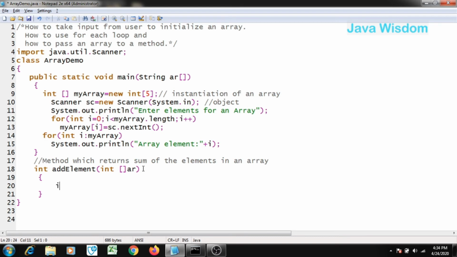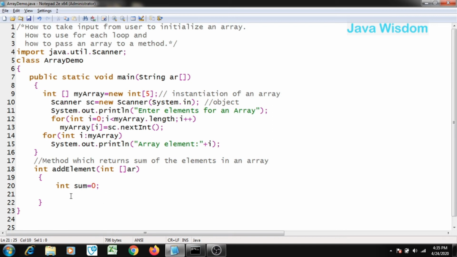So here, to store the sum, you require a variable. Now I have defined the sum variable inside add element, so it is a local variable.